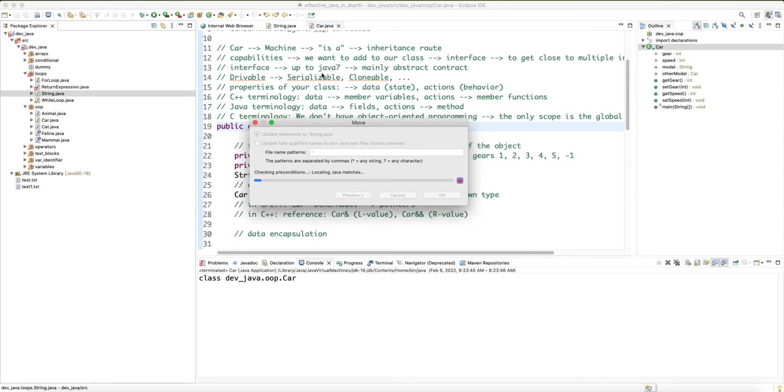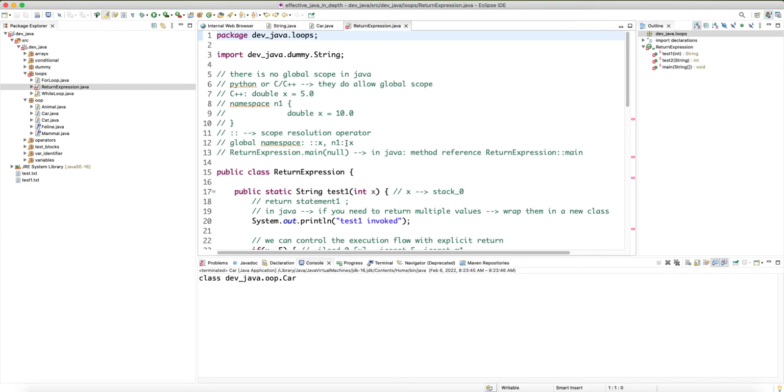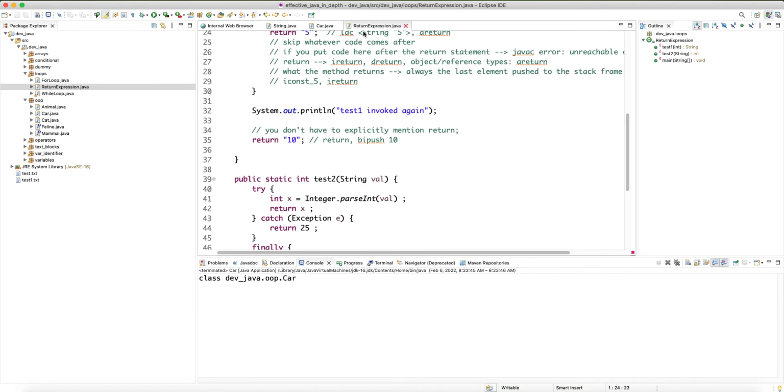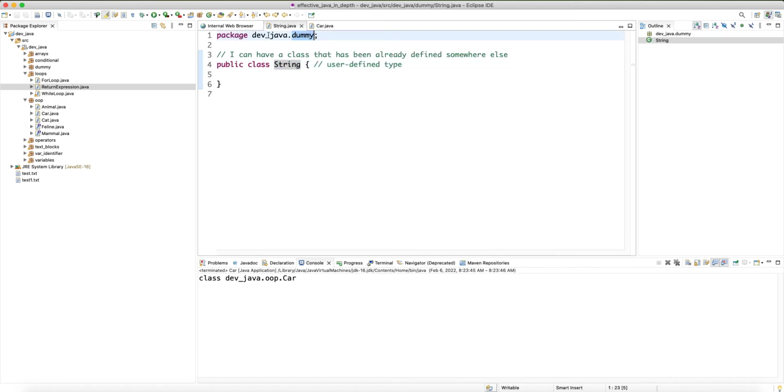Eclipse searches to see where we actually use this type String and tries to modify everything so that there is no compilation error. So let's wait for this to finish. All right, we still get this error. Now I'm going to remove this import. All right, so at the moment, we took this String class and moved it to this package